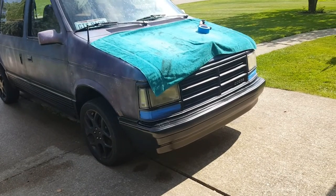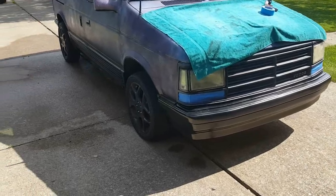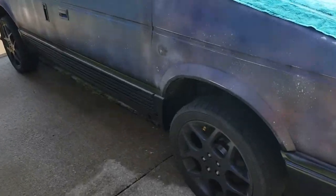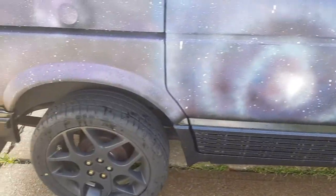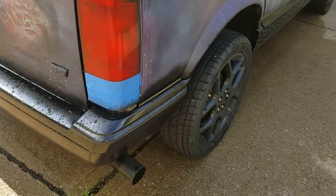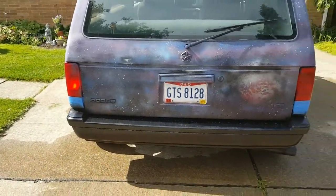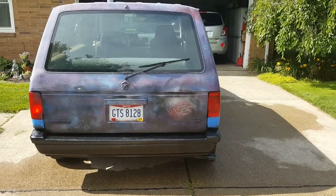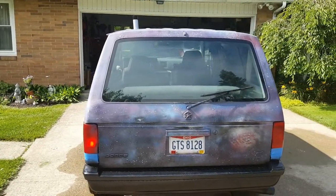Taped up just a couple things, the turn signals on the front and the bottom of the brake lights. I didn't really worry about anything else over here because it's all going to get repainted anyways. Overspray doesn't really matter, so I just got a couple of the spots that it did matter, which were very minimal. So for today, what I've already done was took an electric palm sander with an 80 grit